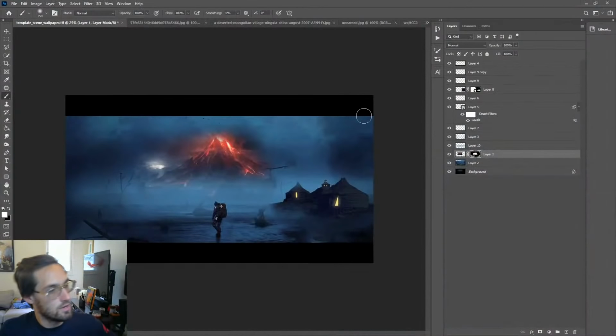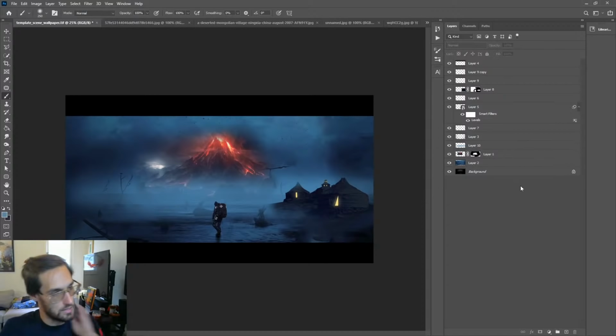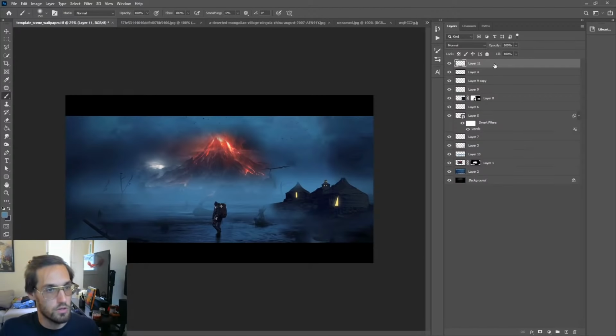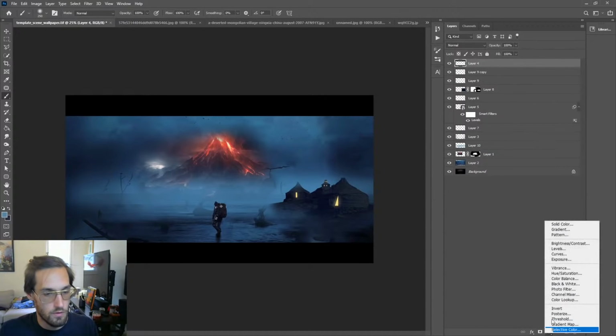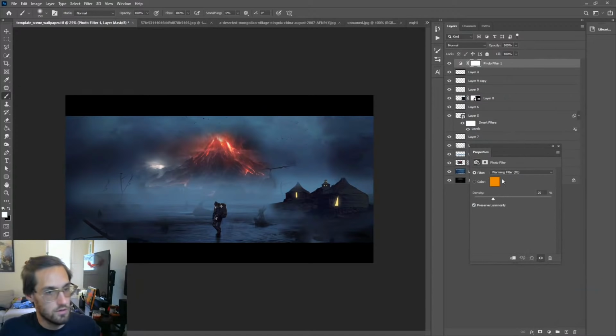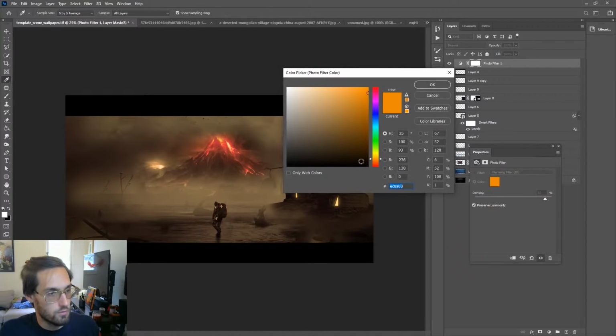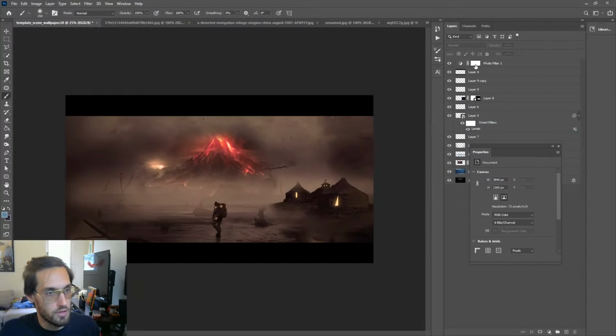All right. Maybe what I do is tint the sky in Photoshop. So I'm going to make a new layer. Let's do a photo filter. And this will kind of warm everything up. Let's go for more of a red orange. Don't know if this is the vibe quite yet, but let's go ahead and